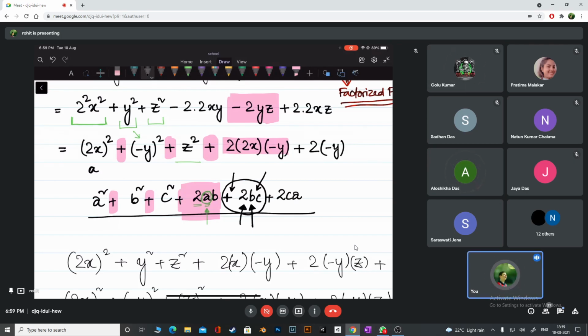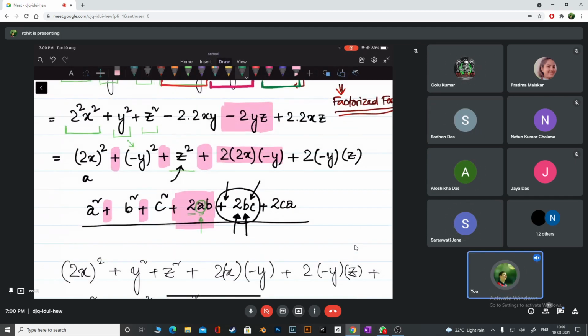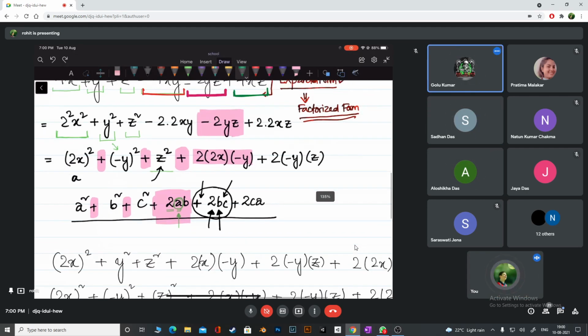And then what is our C, guys? Our C is Z or minus Z? Plus Z. So do you understand that I still have the minus here, but inside I still have the minus? Yes, sir. But because of the formula I'm writing plus here, right? Okay. Let's look at the last one now.